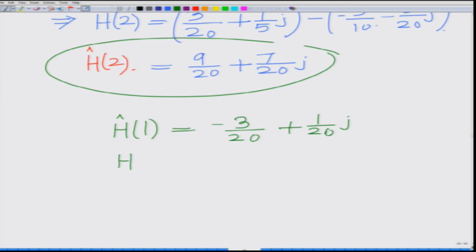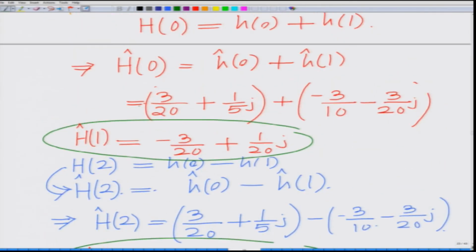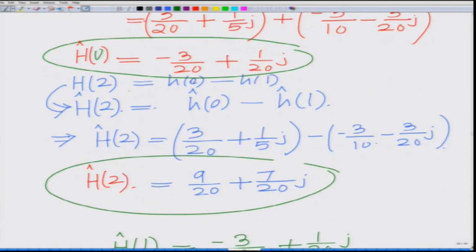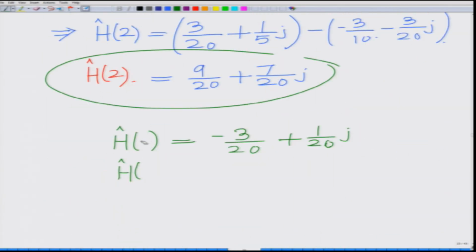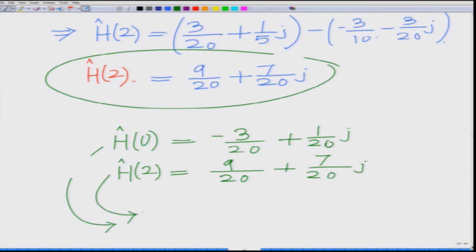I am sorry, this is H hat 0 rather, this is not H hat 1. So, now we have calculated the values of H hat 0 and H hat 2: H hat 0 equals minus 3 by 20 plus 1 by 20 j, and H hat 2 equals 9 by 20 plus 7 by 20 j, and these are the estimates of the channel coefficients corresponding to the